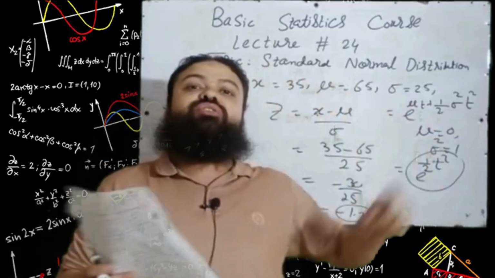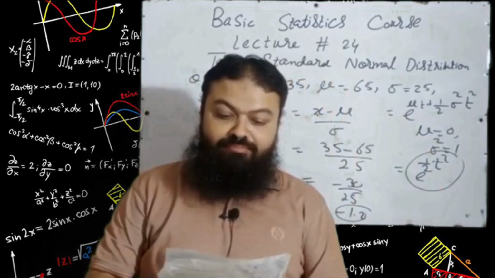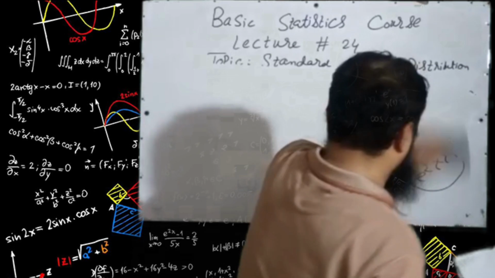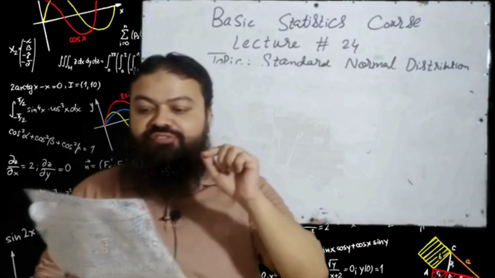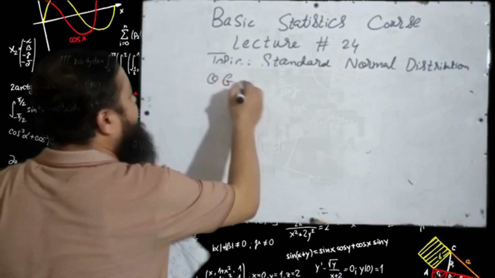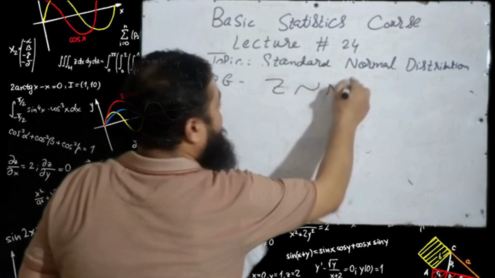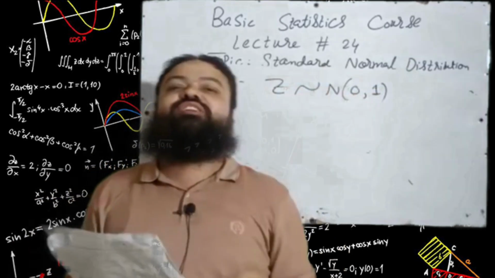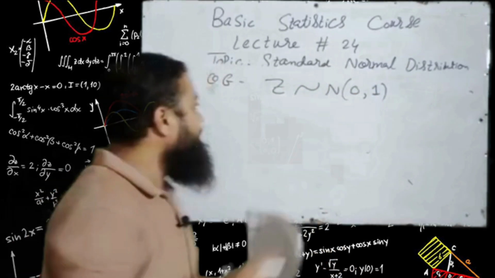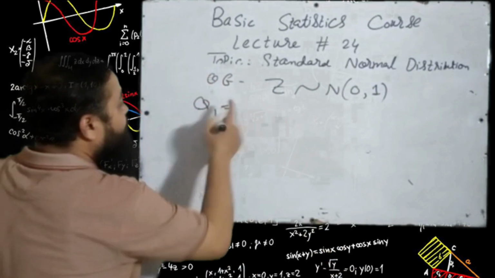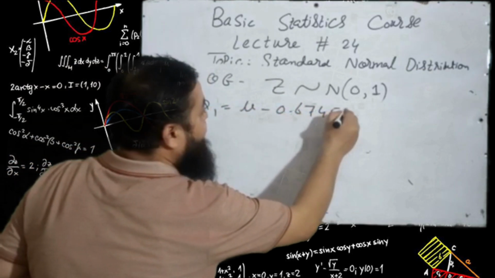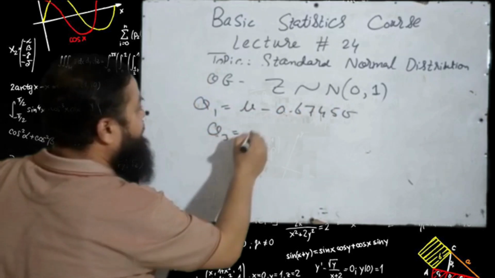A very important question. Question number 6: if z follows standard normal distribution, mean is 0 and variance is 1, then q3 is equal to, dear students, we know, we have learned in the normal distribution q1, which is lower quartile, that is mu minus 0.6745 sigma. q3 is equal to mu plus